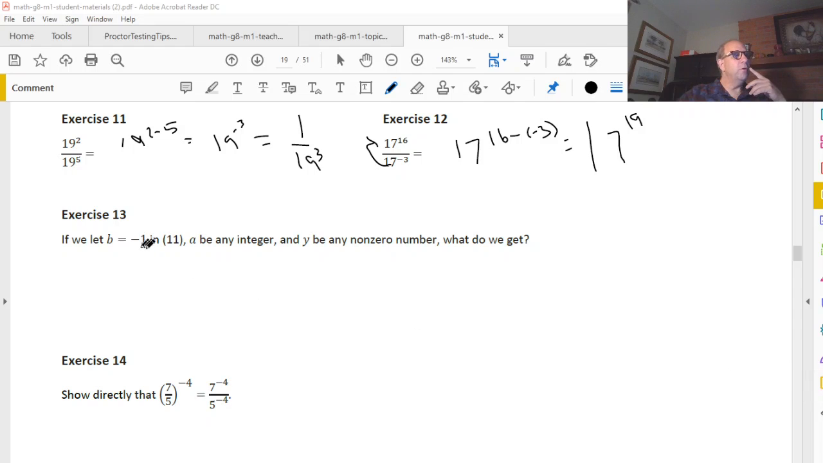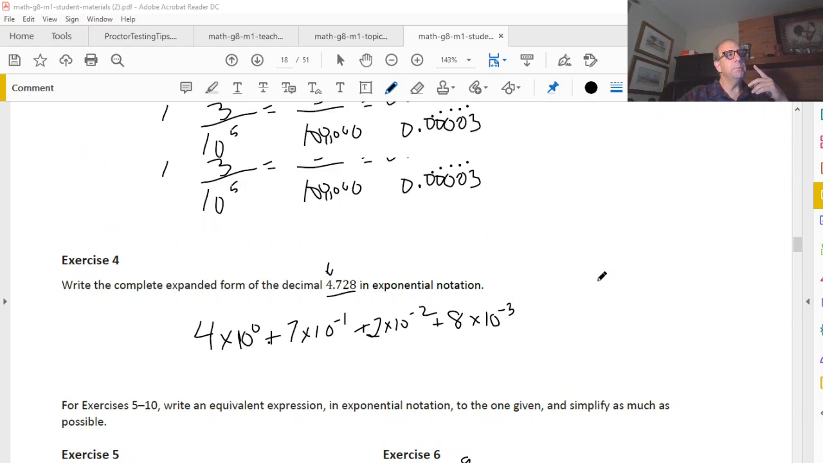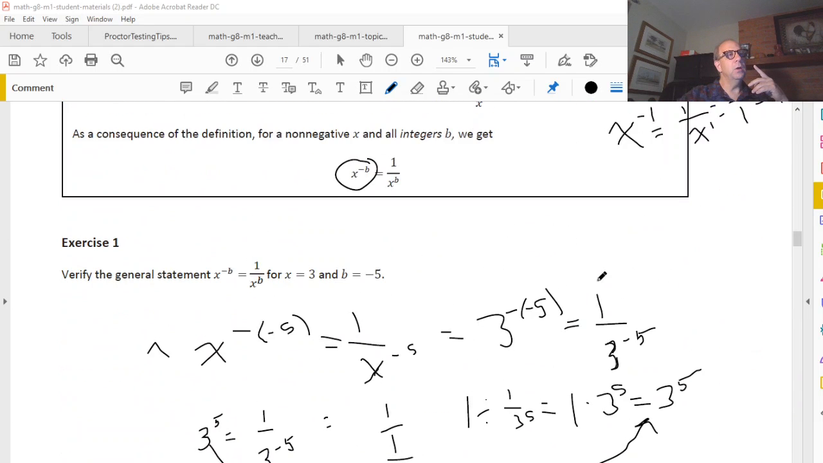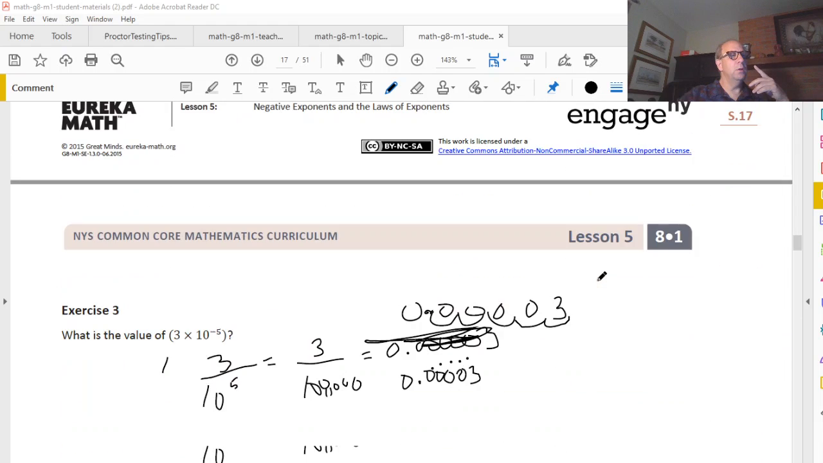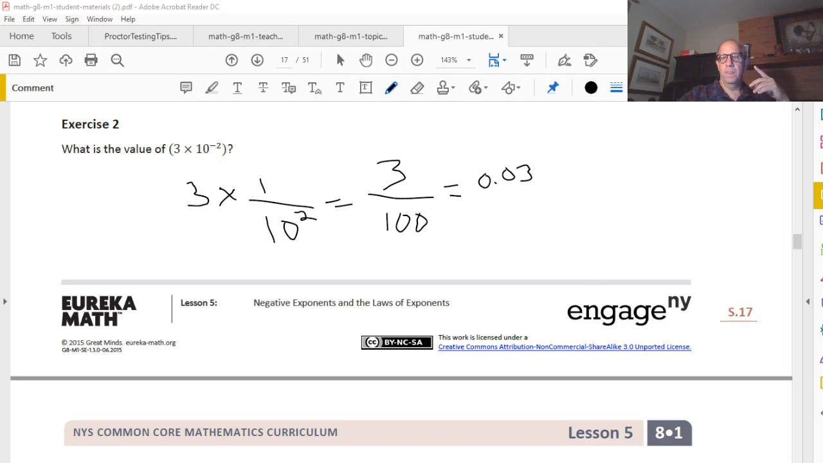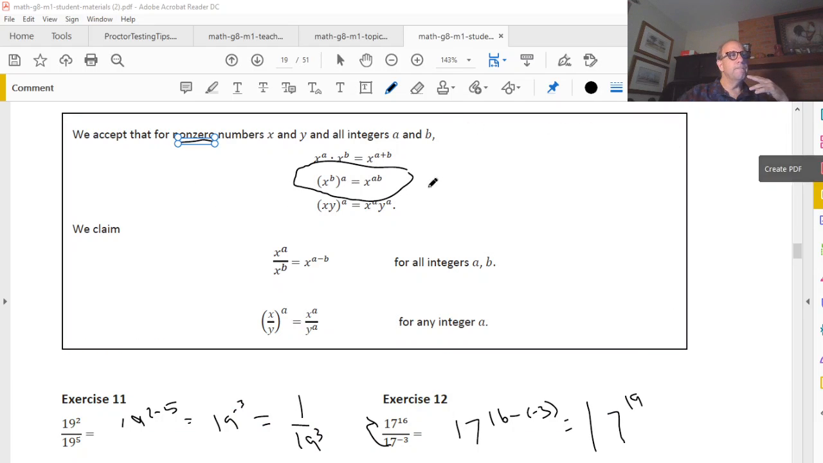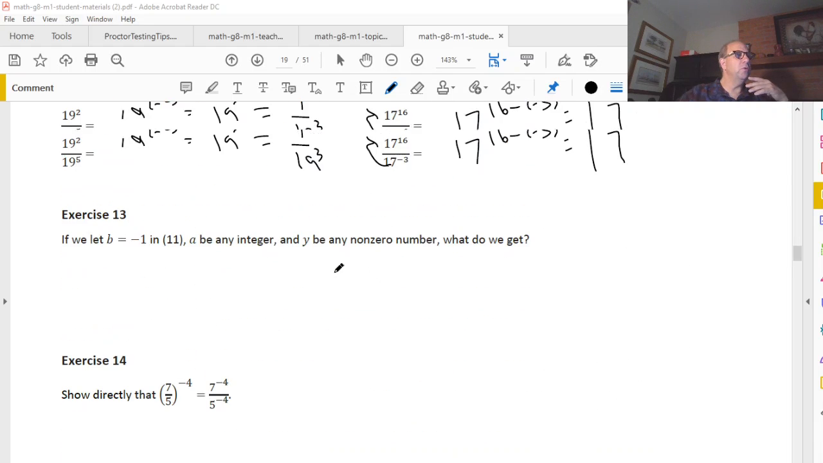All right, for this one, we want to go back up to 11. So b equals negative 1. And we have a y there. So we go way back up here to, where is 11? Hold on. All right, so this is supposed to be 11. So when we have x to the b times the a. So what they just want you to do here is,